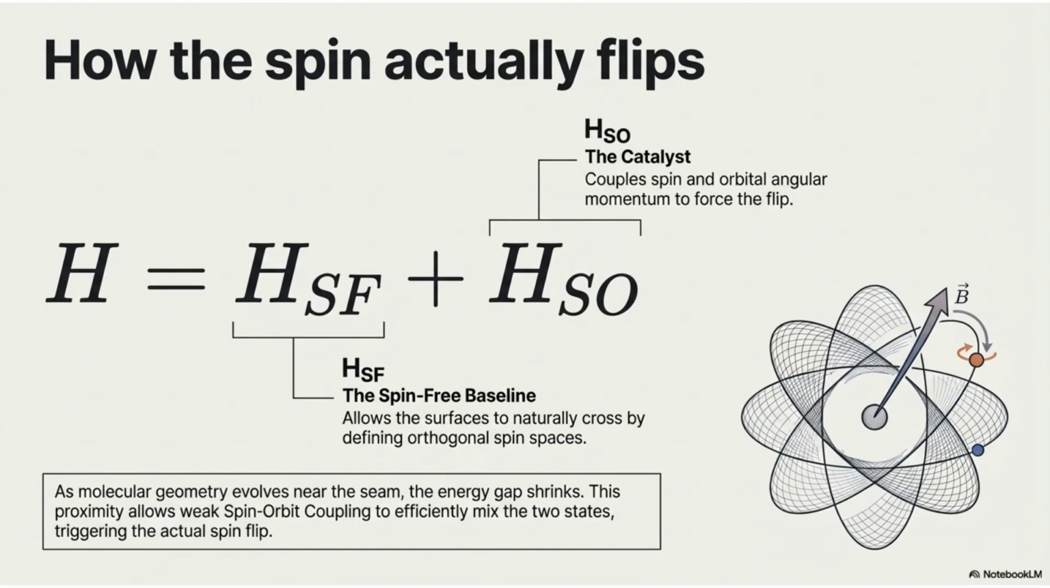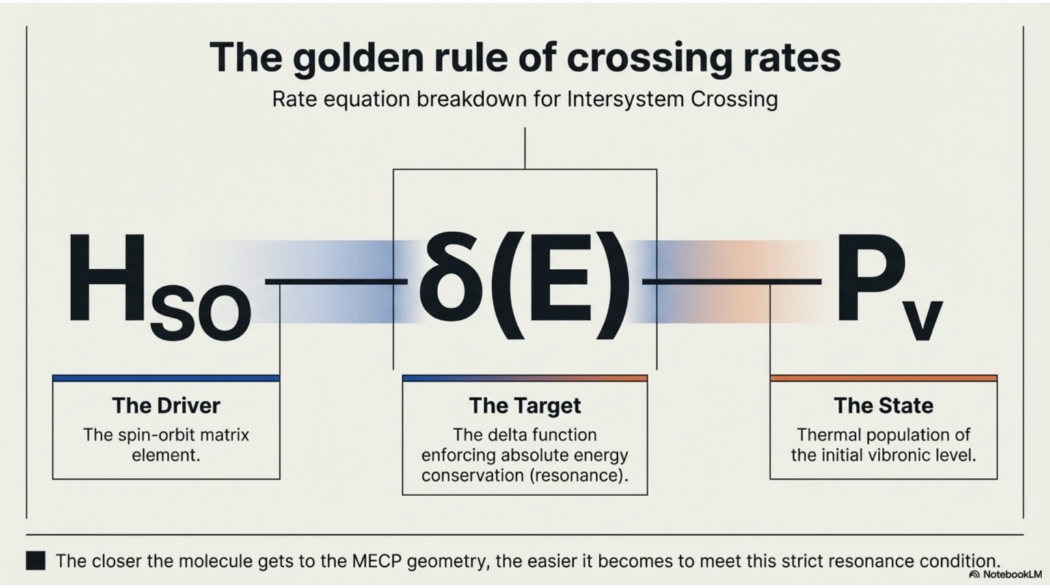The total Hamiltonian is a sum of the spin-free baseline and the spin-orbit catalyst. The spin-free baseline allows surfaces to cross. The spin-orbit coupling couples spin and orbital angular momentum to force the spin flip when the energy gap shrinks near the crossing seam. The rate equation for intersystem crossing is governed by the spin-orbit matrix element, the delta function enforcing